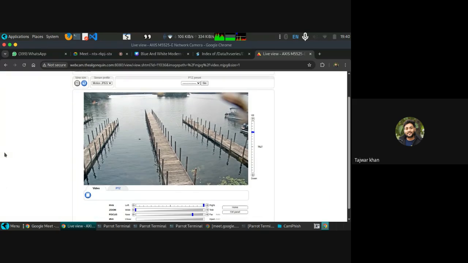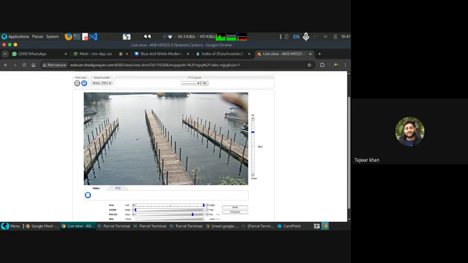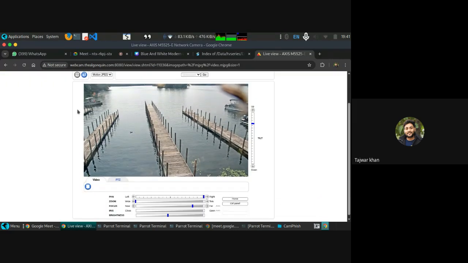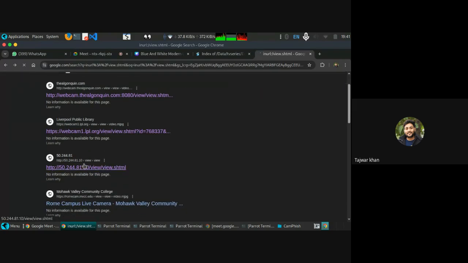I actually gave the demonstration in the last session. As you can see, there is a camera, and this camera is open. We can see the lake inside this camera. Clear? Apart from that, we have some more webcams, like a Liverpool library or something.